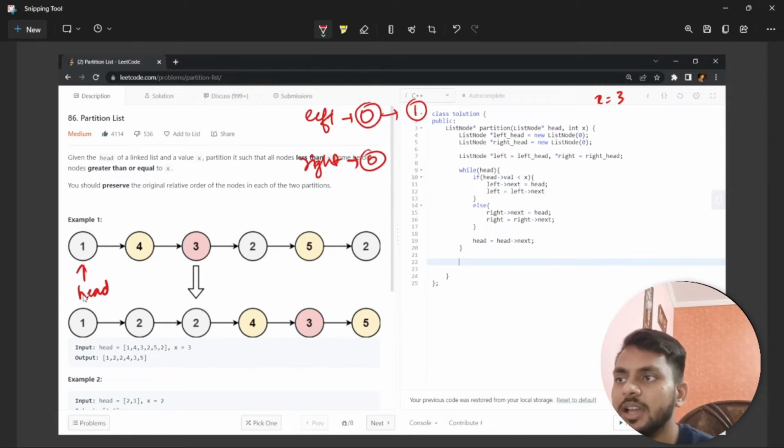So after this, my head will go to point to 4. Okay, after this head will point to its next, and now I will check: is this less than? No, it is greater than. If it is greater than, then right will point to 4. So my right is pointing to 4, and right moves to 4. So now after this, my right will be pointing to here. My right is pointing to here, and this is pointed by right head,